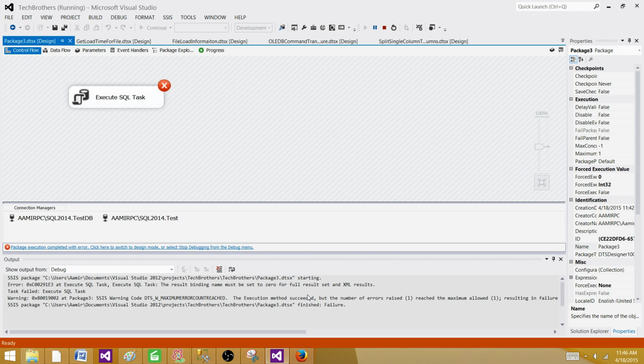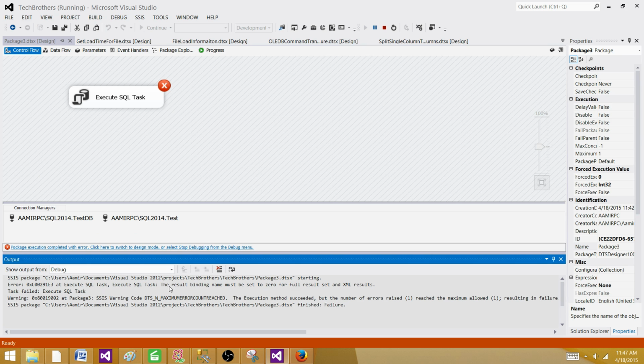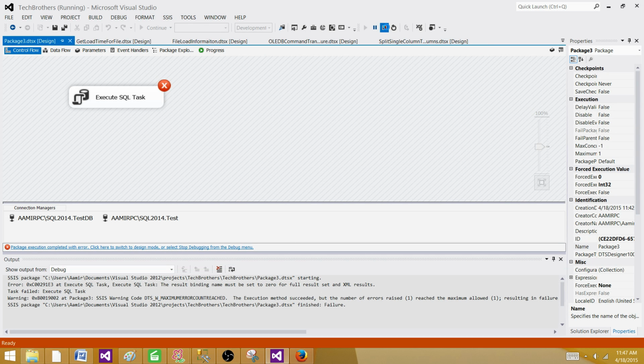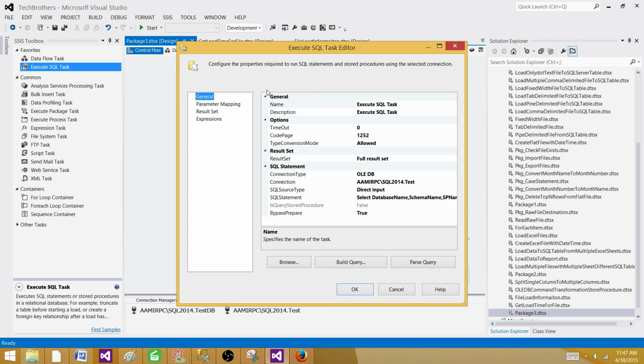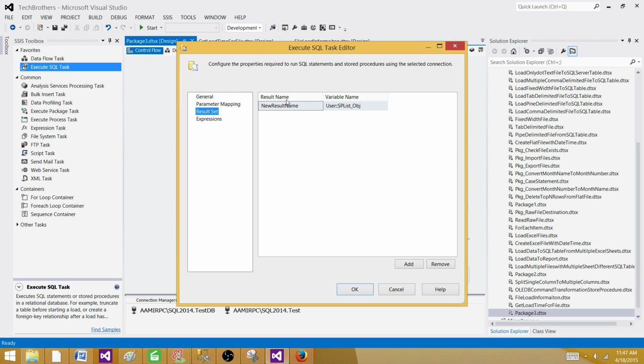Now it failed, and it said that okay, the result binding name must be set to 0 for full result set and XML results. So that's one thing we need to see here. When it's a result name, but here it was by default new result name, so it should be something already set. But anyways, Microsoft or SSIS team, I don't know how they have planned this one, but here you have